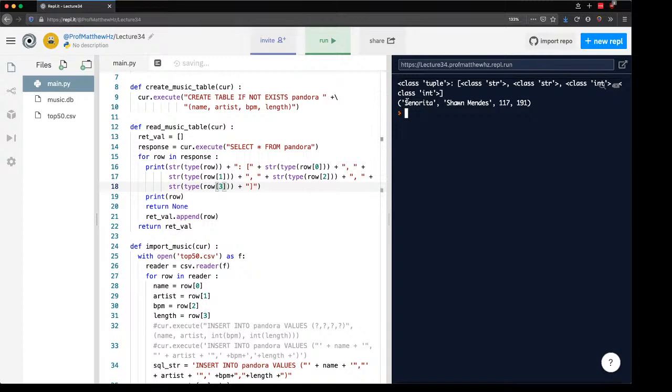you can see that the first thing we're going to return is Señorita by Shawn Mendes. It's got 117 beats per minute, 191 seconds long. And note that what it's returning is that each row is going to be a tuple. It's basically like a list. The difference between a tuple and a list is that a tuple is immutable. I cannot assign something to row 0 or row at index 1, something like that. It's going to stay the same. But given that,